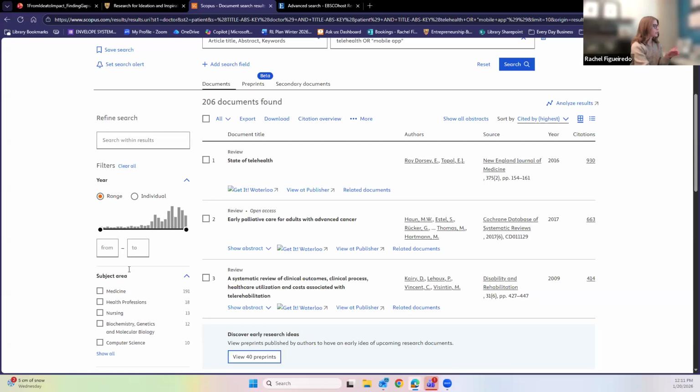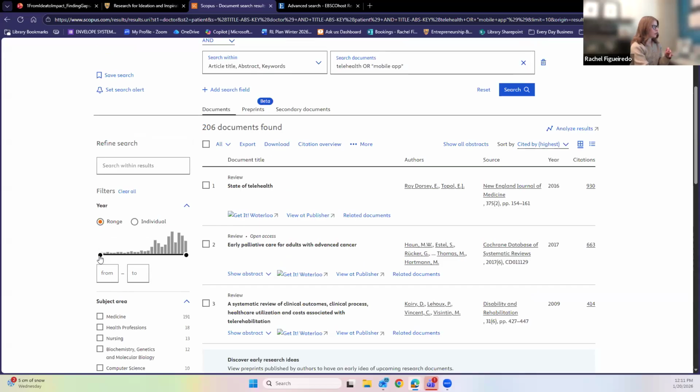The other thing I like to play with here is the date range. If you recall back to the Impact Gaps Canvas, one of the things it was asking us to do was think about what are current solutions, but also what are historical solutions. So this can be really helpful. If you hover over the date range, it's showing me information from the year 2000.